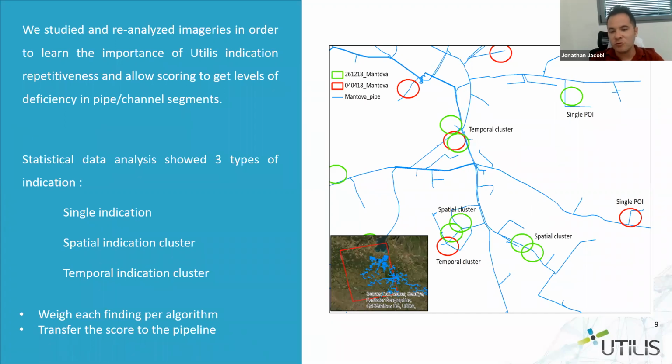So what do we do? We take 2 SAR images of the same location, and then we compare them. And this comparison, along with the analysis and new algorithms that we develop, allows us to come to a conclusion as to how we're going to score a specific segment of pipe. Today, we score a specific segment of pipe based on its age, maybe leaks that were there, maybe the material, maybe we've done some sampling in the area. But here we're adding another layer of information, okay?